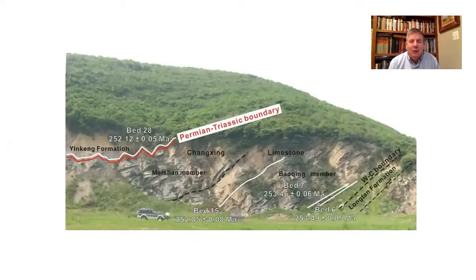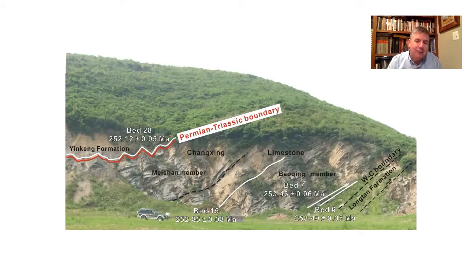This is an image of a place called Meishan in South China, between Shanghai and Nanjing along the Yangtze River. It's a place I've been studying with my colleagues at the Nanjing Institute for more than 20 years now, almost 30 in fact. This is how it looked a long time ago.